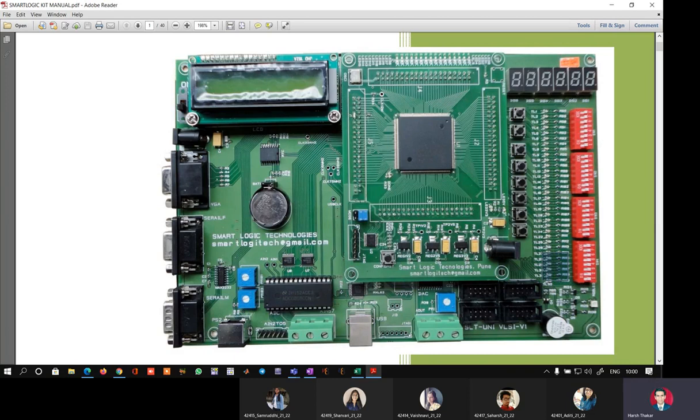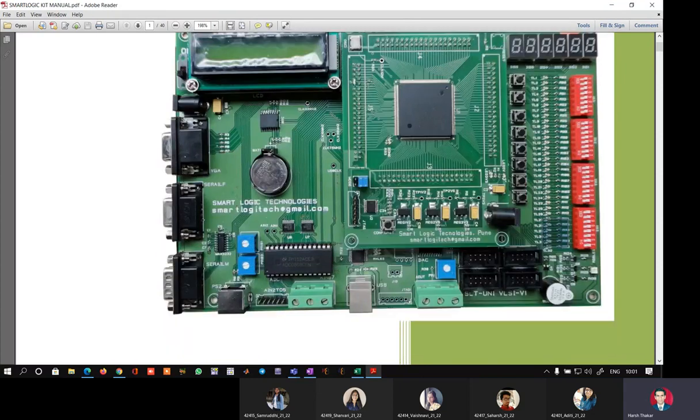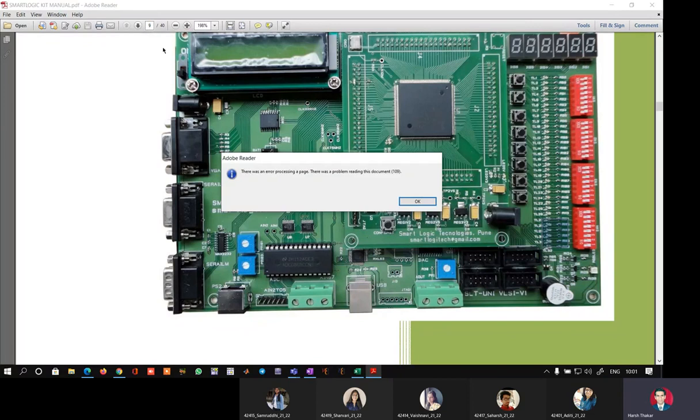So we have to tell from which switches the inputs will come and on which LEDs I will display the outputs. This is done in a special kind of a file called a UCF file, or user constraints file. The user constraints file has the information that which input is going to come from where and which output is going to be displayed on which LED. This information is given on page number 9 of the manual.